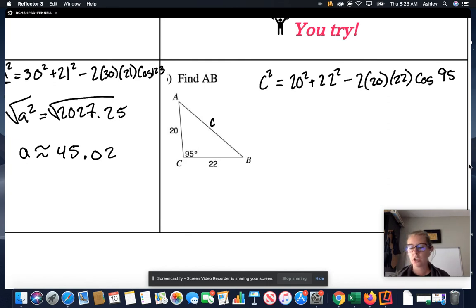Okay, again, straight plug into your calculator. You can do it all in one line. Of course, you can do it in pieces as well if you like, but this is pretty straightforward calculator work. Don't forget you're subtracting all of this, 2 times 20 times 22 times the cosine of 95. And again, making sure that your calculator is, of course, in degrees. Then, okay, so that gives us c squared is equal to, and this is about